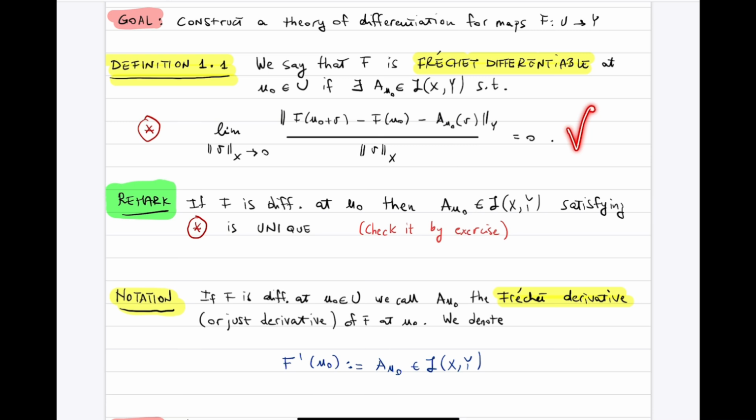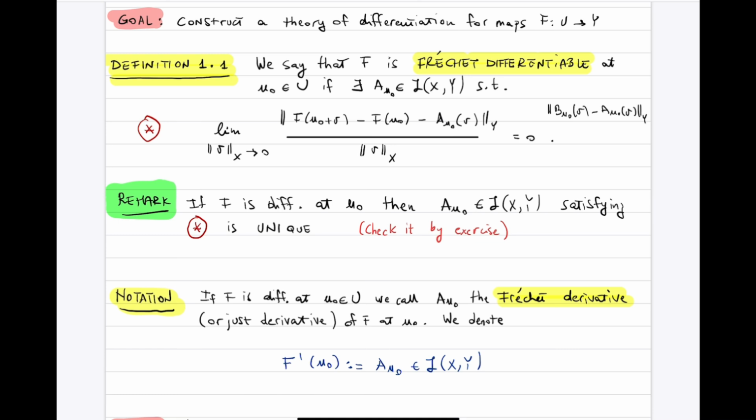You just suppose that there are two operators which satisfy star, so this condition here, and then basically by triangular inequality, so you want to estimate the difference, let's say b of u0 is another operator satisfying this, so you want to estimate this guy here, b u0 in v minus a u0 in v, norm y,